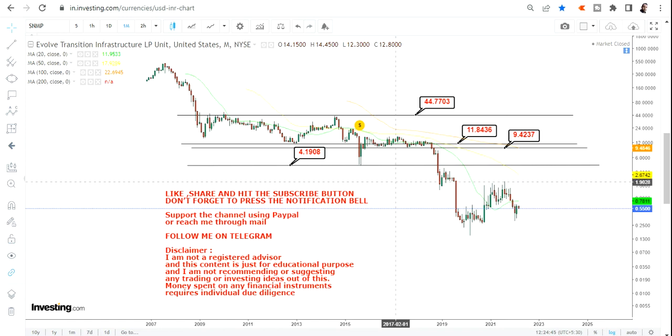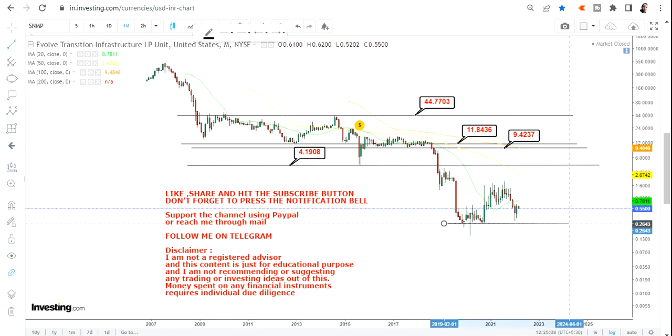So whatever is going to happen is simply a bounce back or a trading bounce back, which means the levels may or may not sustain. Now, as of now, 4.19 is going to be your strict resistance or the biggest resistance which you have. Now looking at the current price action,